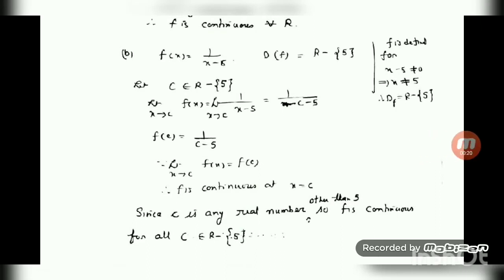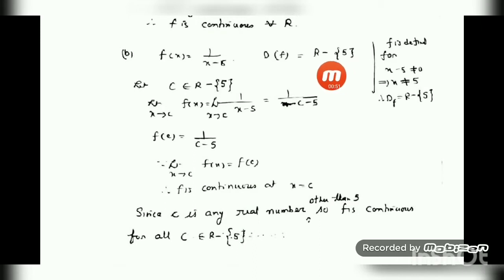So you see, it is a rational function, that means this function is defined for denominator not equal to 0. And what is your denominator? Here I have done the calculation. f is defined for the denominator x minus 5 not equal to 0. It means x is not equal to 5. So from the set of real numbers, you have to subtract 5. That means those points for which the denominator equals 0 are excluded, and that will be your domain. So I have written here the domain of the function is R minus within curly bracket 5.